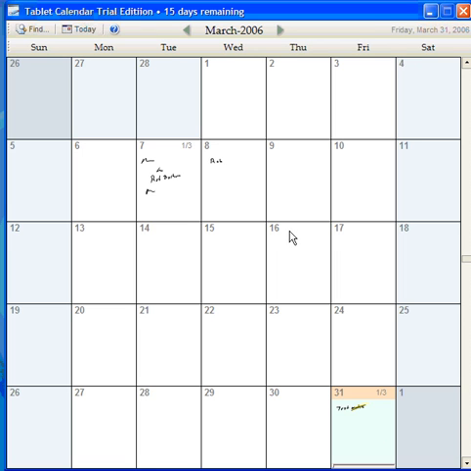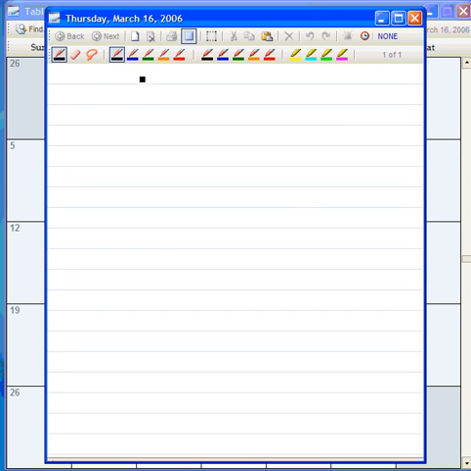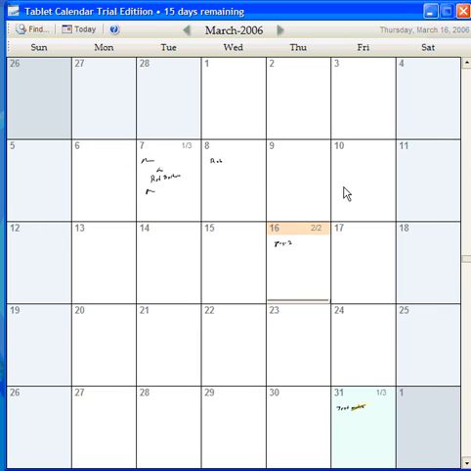We'll create another item on the 16th. Switch to black. Let's do another page. Page 2. And we'll close that. Now on the 16th it says that I have 2 pages on the 16th, and this little scroll bar window,